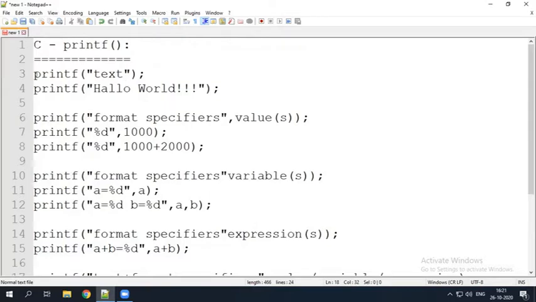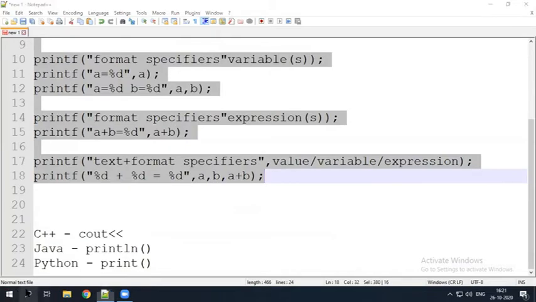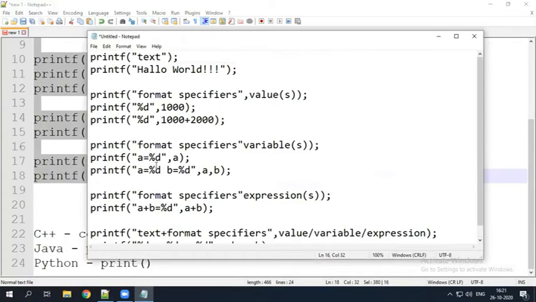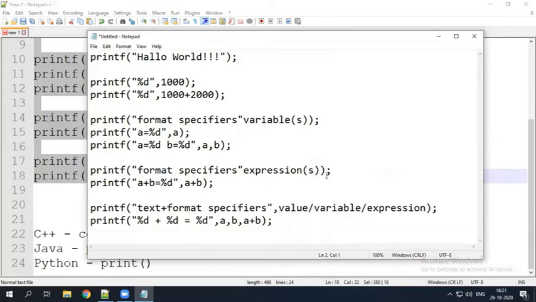Let us execute this sample code. Take this code, take some notepad, save it here, and just remove the syntax statements. This is the syntax statement I just removed, and here also this is a syntax statement I just removed.